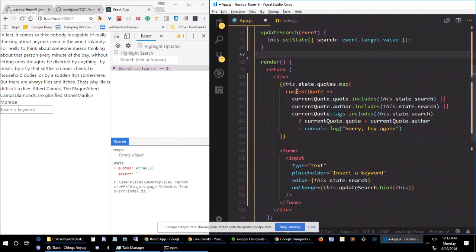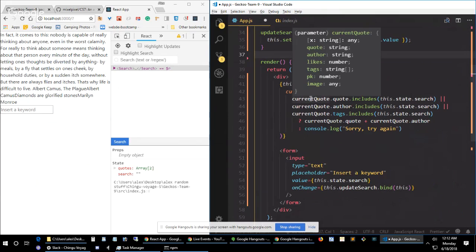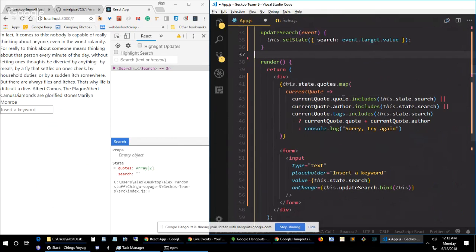So it's going to take the current quote, the first one, and the current quote is an object that has a property quote. You're saying, does that quote include